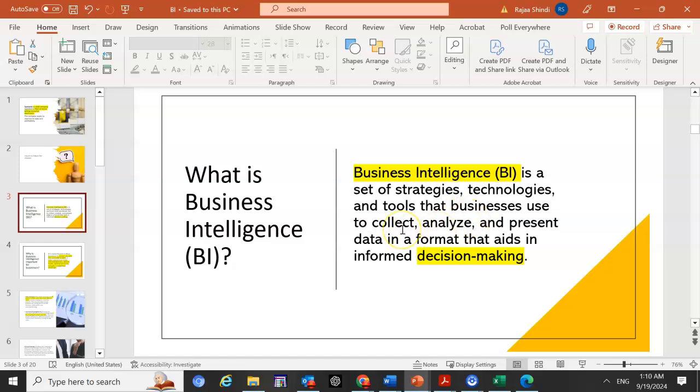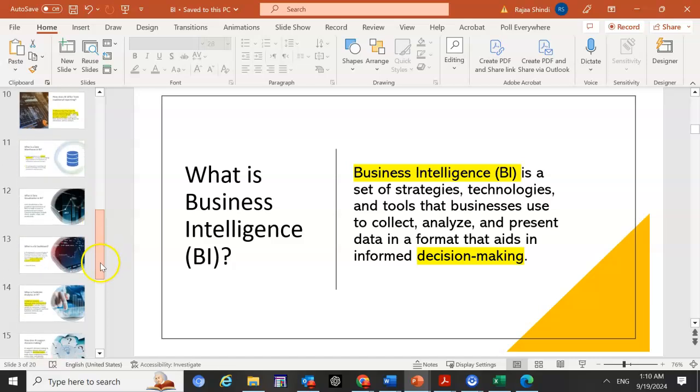They all do the same thing: they collect, analyze, and present data in a format to help companies make decisions. So that really applies to every